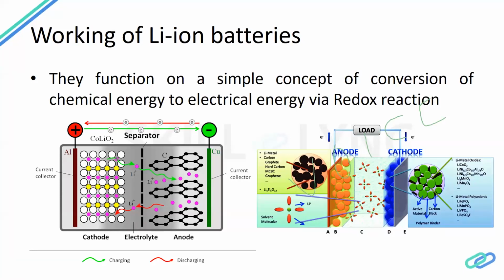And how will they go through? They have an electrolyte, as we talked about earlier, through which they'll go from one side to the other. Now here you might ask about the separator inside the electrolyte. This separator makes sure that only lithium ions pass through it and nothing else goes through towards the negative side, so that there are different layers. As you all know, graphite is arranged in such a way; graphite is actually the one electrode that we use, so say graphite or copper. These carbon layers are arranged in layers, and the lithium ions will go and get stuck between two layers of this graphite or carbon.